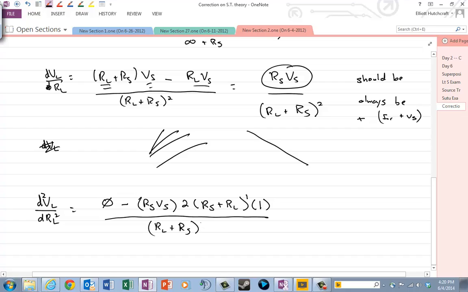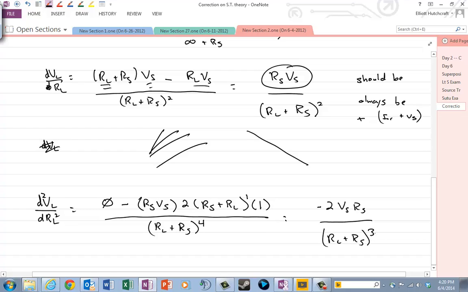So RL plus RS squared, so that's to the 4th power, and this gives me minus 2 VS RS. RS plus RL in the numerator cancels out with one of the 4 that I have in the bottom, so I'll have RL plus RS